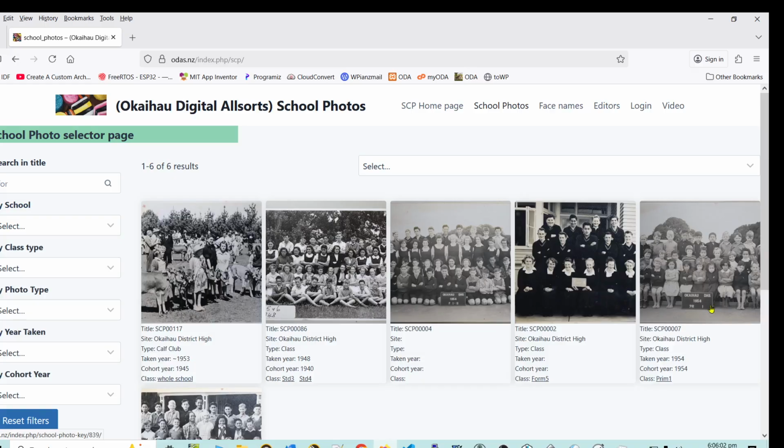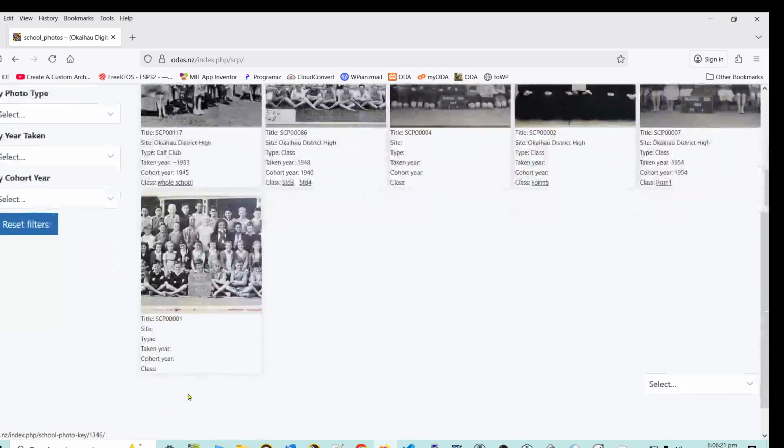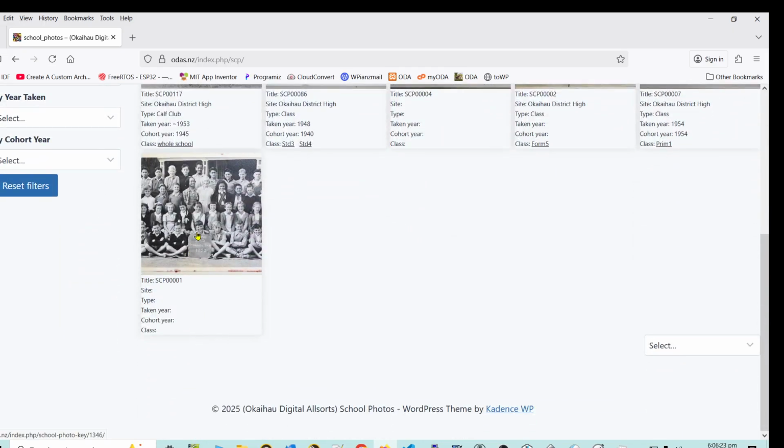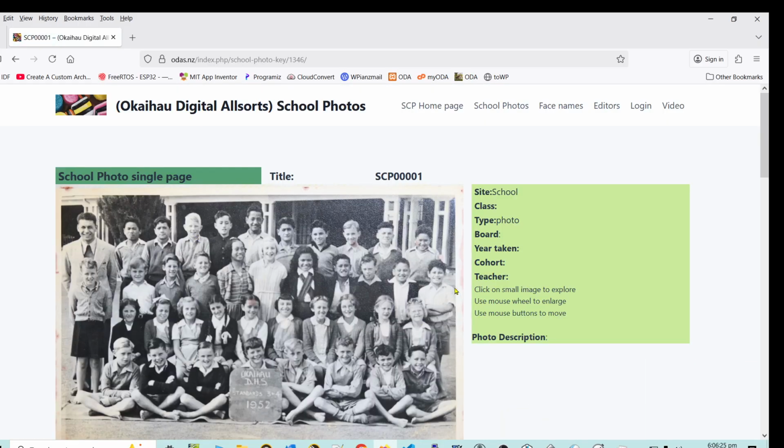See that one there has Okaiha DHS 1954 Primer 1. This one here has Okaiha 1954 Form 1 and 2. So that's 2 separate classes. This one's 5 and 6, 1948. This one here is a different one. So this is number 1. So when we click on it,